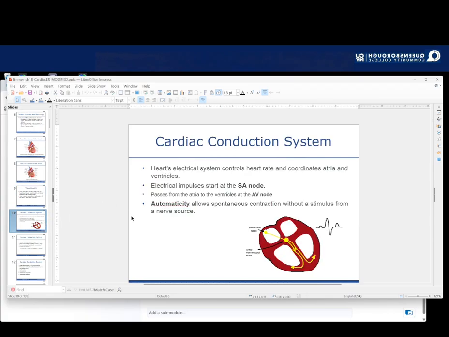Everything I said up to this point was review. And now here's something new. Your heart is made up of millions and millions of cardiac muscle cells. They all have to contract together in synchronization in order for the whole thing to work. And my favorite analogy for that,